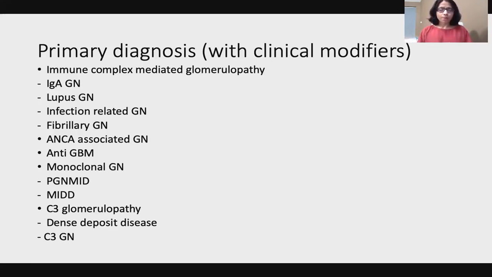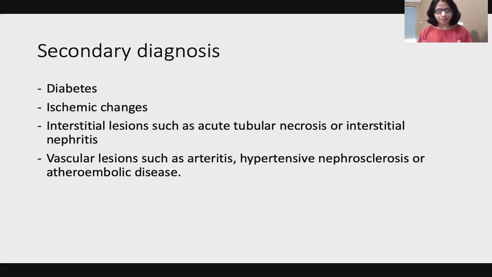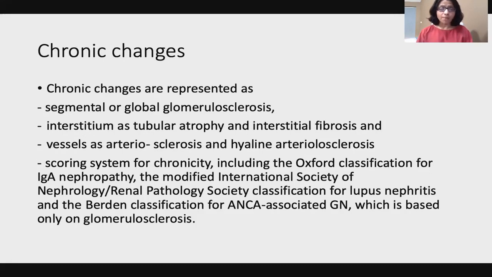So once we come to the primary diagnosis, as in life, it's not always very simple, and sometimes there is a second pathology which can be present along with the primary diagnosis. So certain chronic conditions can be superimposed by another pathology. So keep in mind, the patient may be diabetic and can still develop IgA nephropathy. So we need to keep in mind that there may be a secondary diagnosis like diabetes, ischemic glomerulonephritis, etc., and need to be mindful and include that in the report.